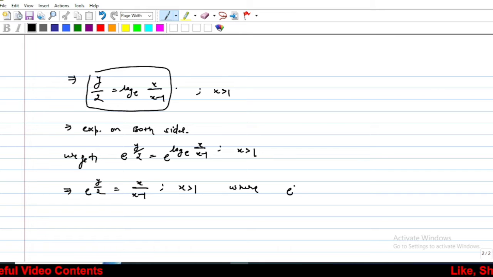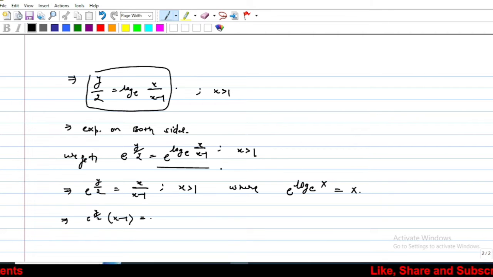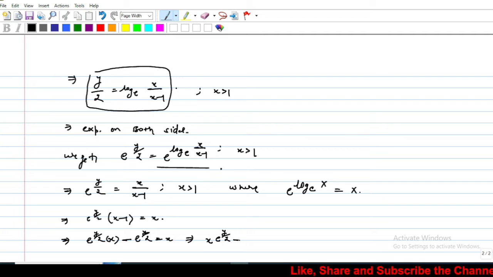where e to the power log of any number, suppose x, is always equal to x. This implies that e to the power y upon 2 times (x minus 1) equals x. E power y upon 2 into x minus e power y upon 2 equals x. This further implies that e to the power y upon 2 times x minus x equals e power y upon 2. X common out, x times (e to the power y upon 2 minus 1) equals e power y upon 2. Now come to further steps. This implies that x is equal to e to the power y upon 2 upon e to the power y upon 2 minus 1,